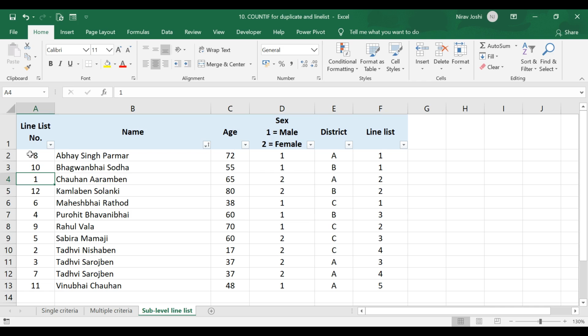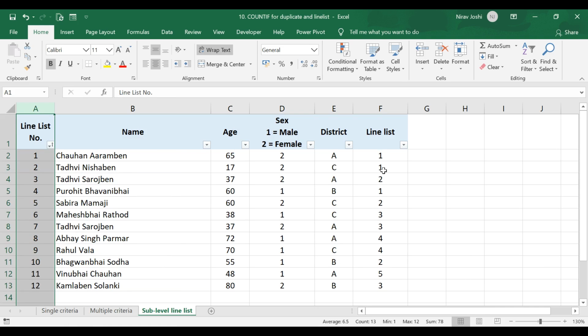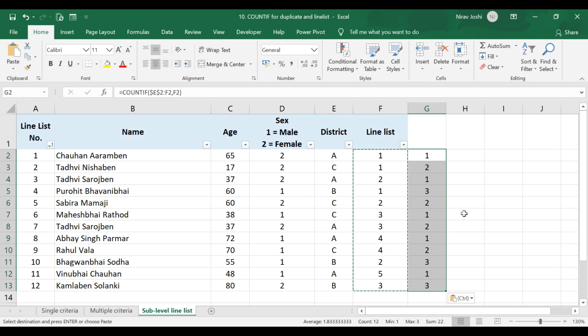So for that we need to have this master line list number or state level line list number to again make it proper. Another way to keep the line list number constant is, after applying this formula, we can simply copy this one, paste this one, and we can paste only values rather than the formula. So now whatever would happen with this data, this will not change. So that can be done each and every time a new data has been entered.